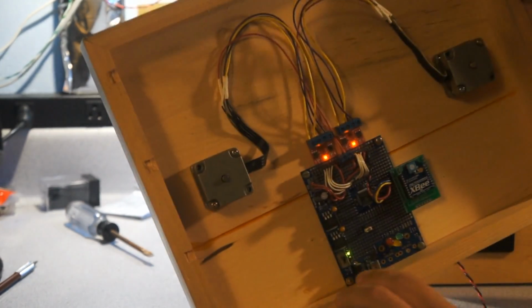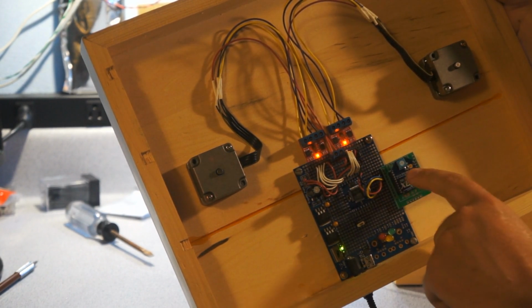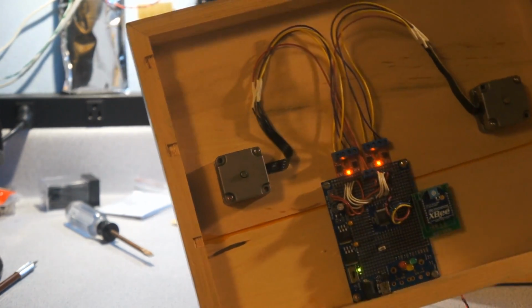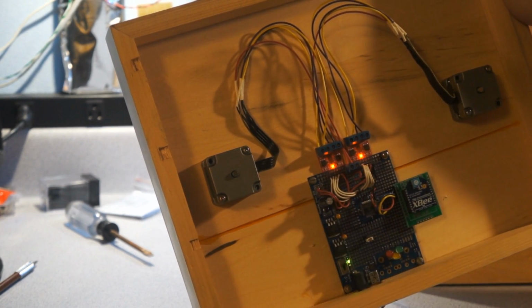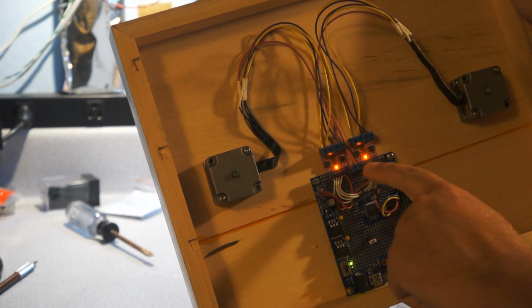And then this is obviously just a little dev board, an XBee for wireless interconnectivity. These are just 2 H-bridge motor drivers with really obnoxious Chinese ICs on them. The reason they're obnoxious is because they're designed for driving normal motors, which means that basically you've got 2 half bridges in there, but